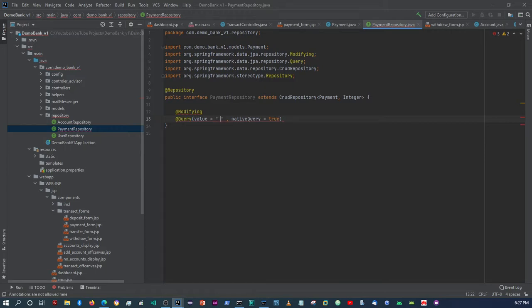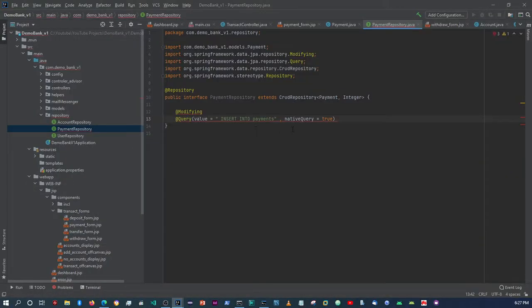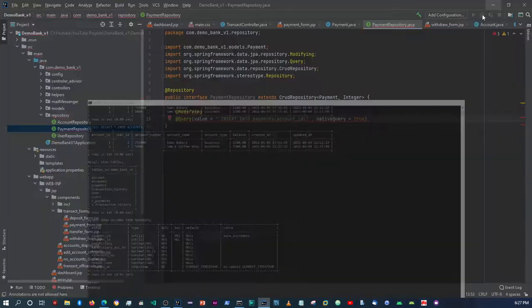All right, so we're gonna say insert into payments. I said payments, right? Yeah, payments. And then we're gonna set the values. So it's gonna be account ID, beneficiary,